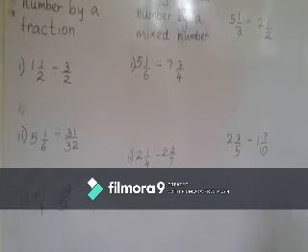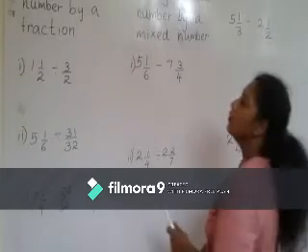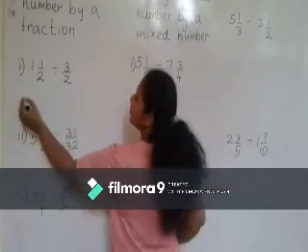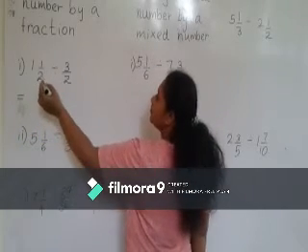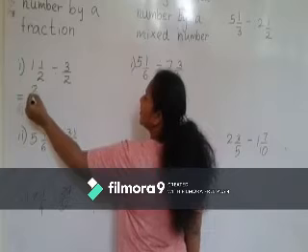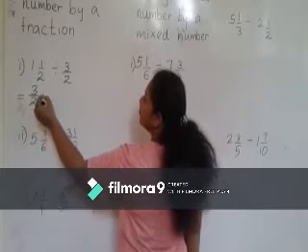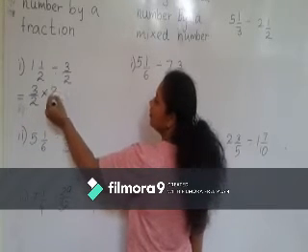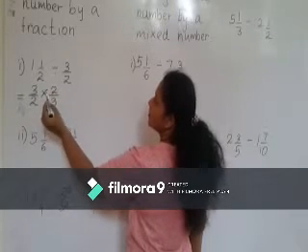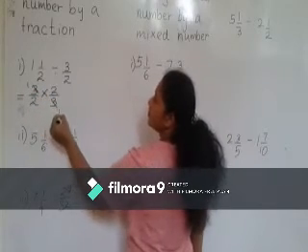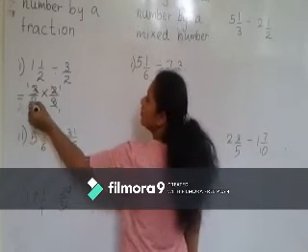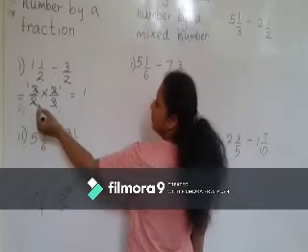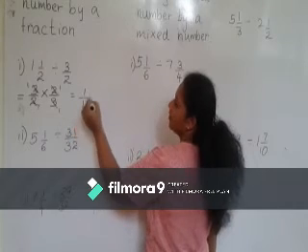Divide a mixed number by a fraction. Here the mixed number, and this one is a fraction. So the mixed number we have to make into an improper fraction. 2 times 1 is 2, 2 added 1 is 3. 3 halves. Division becomes multiplication now. 2 goes up, 3 goes down. 3 times 1, 3 times 1 cancelled. 2 times 1, 2 times 1 cancelled. 1 times 1 is 1. Here also 1. So 1 divided by 1 means 1.